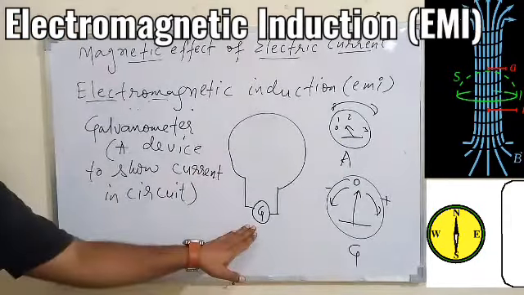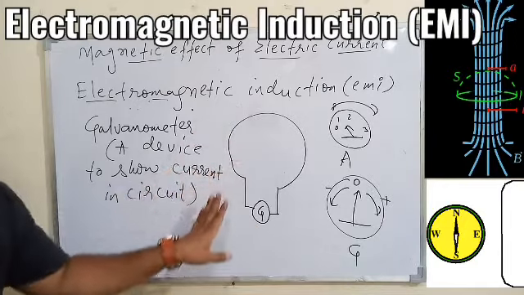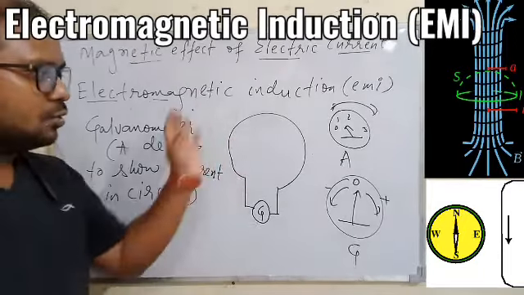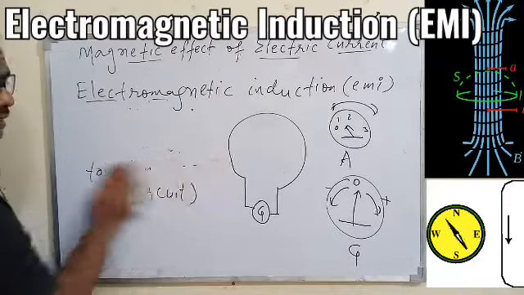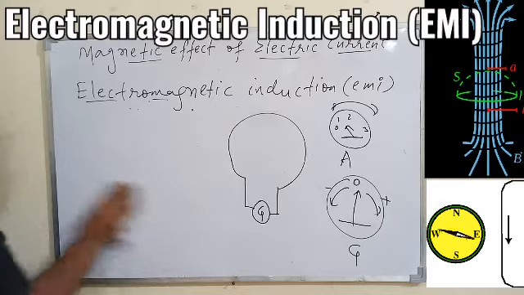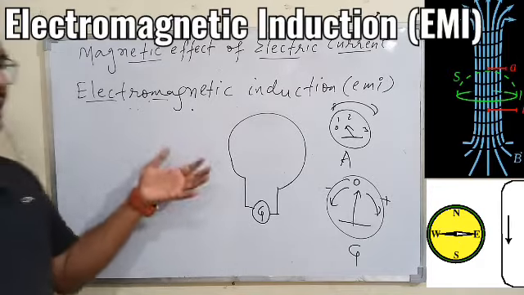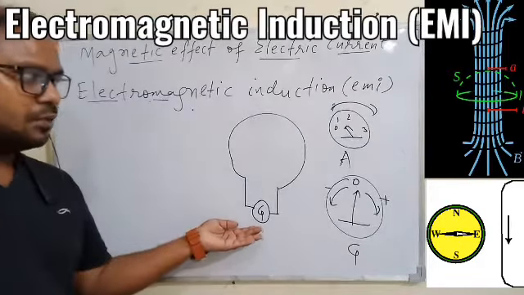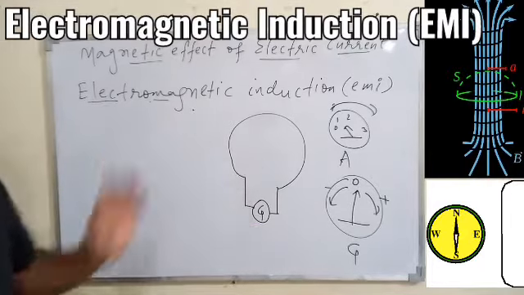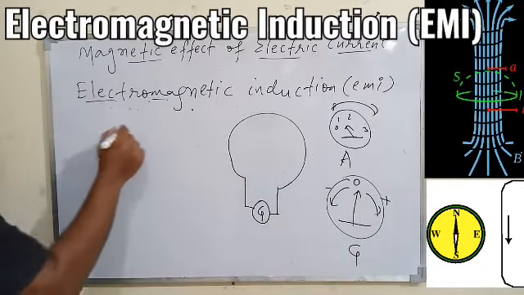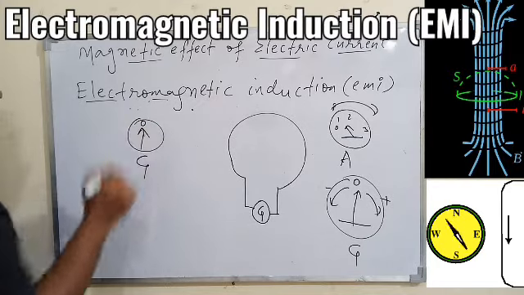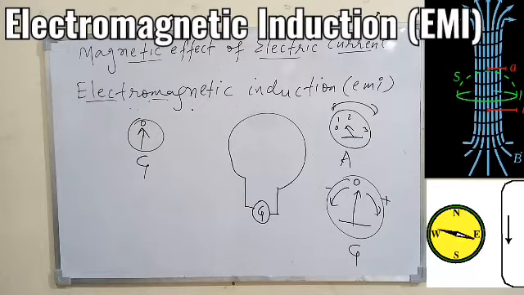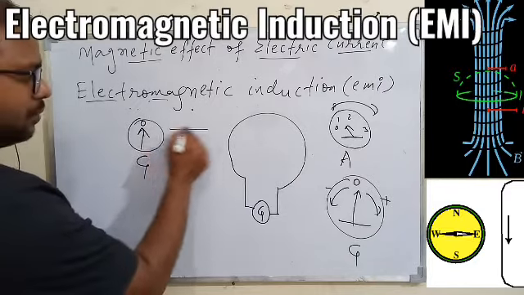So overall, we have connected a galvanometer with the coil, and there is no power supply. Only the galvanometer can show the current in the coil if it is there. Here we have not connected any battery or anything, so the galvanometer will not show any reading because there is no current in the conductor in the absence of power supply. So the galvanometer will be showing 0. That's it. Now what is to be done? We'll try to take a bar magnet.